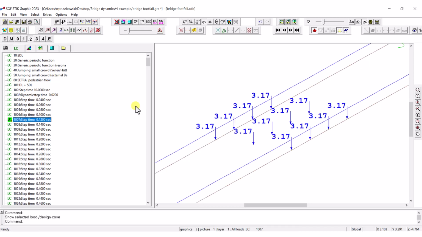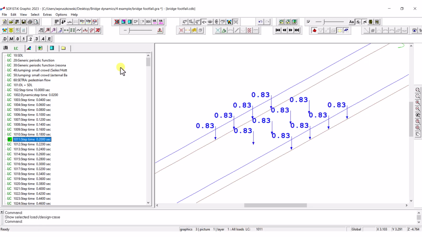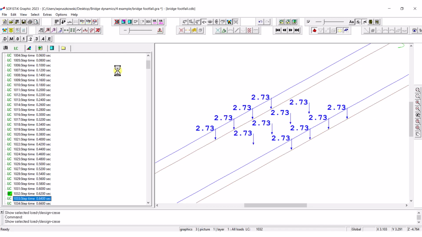We have not reached 3.2 kilonewtons because of the reduced time step and the fidelity it offers. If we would increase the number of time steps, we would capture the exact peak of the forcing function. This is not crucial in any case, so let's move on. We see the loading dropping down to 0. We see a short period of no loading between the impacts, and we observe loading picking up again exactly as